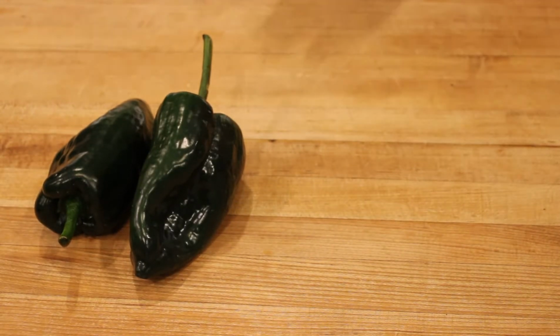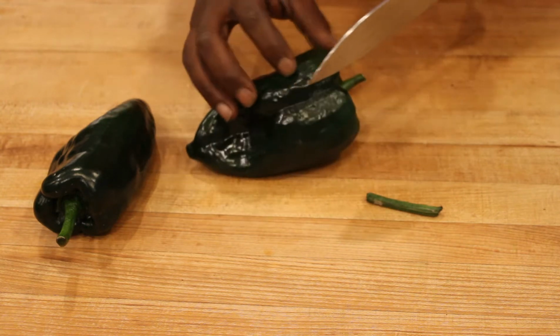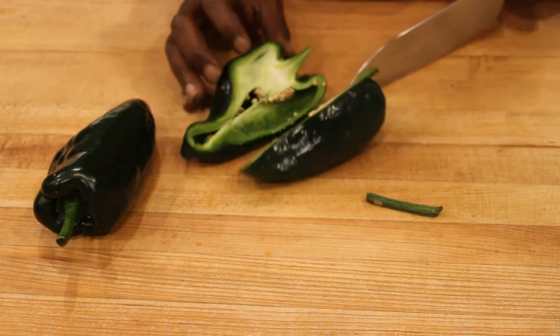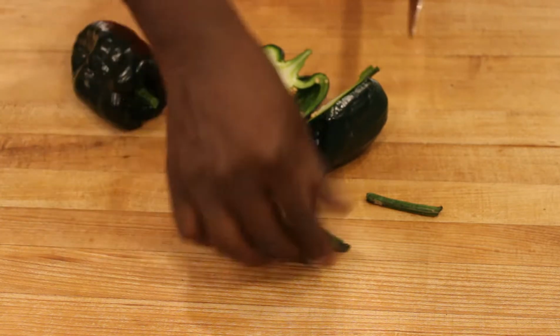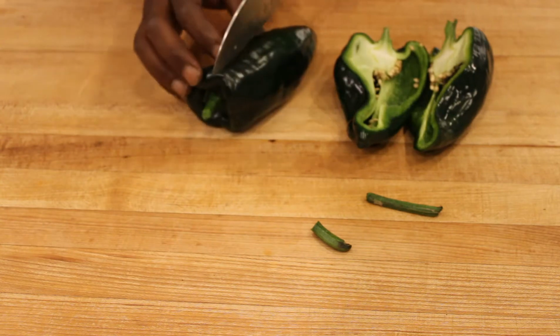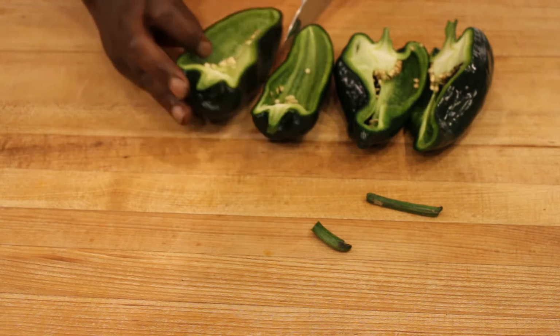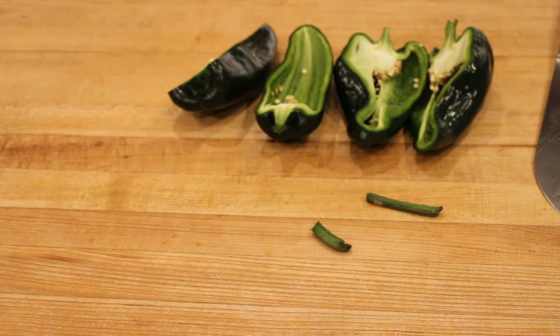Alright folks, here we go. Here's what we're gonna do with the poblano. Just chop off that little stalk, cut it down the middle. There we go. Chop up the little thingy, cut it down the middle. And this is gonna be our vessel that we're gonna start with. I didn't get that right, but